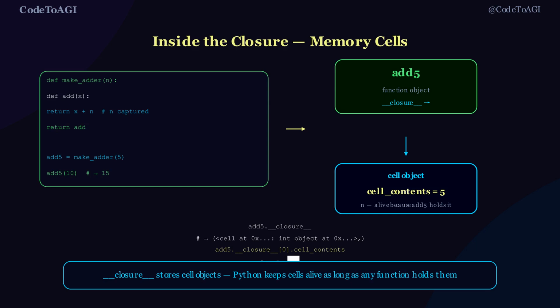We can also inspect __code__.co_freevars. This gives us a tuple of the names of all captured variables. For add5, it returns the string n. This is the exact memory mechanism that keeps closures alive. Python's garbage collector will not free a cell as long as any closure holds a reference to it. Understanding this tells you exactly why closures have no memory leak risk as long as you do not store them